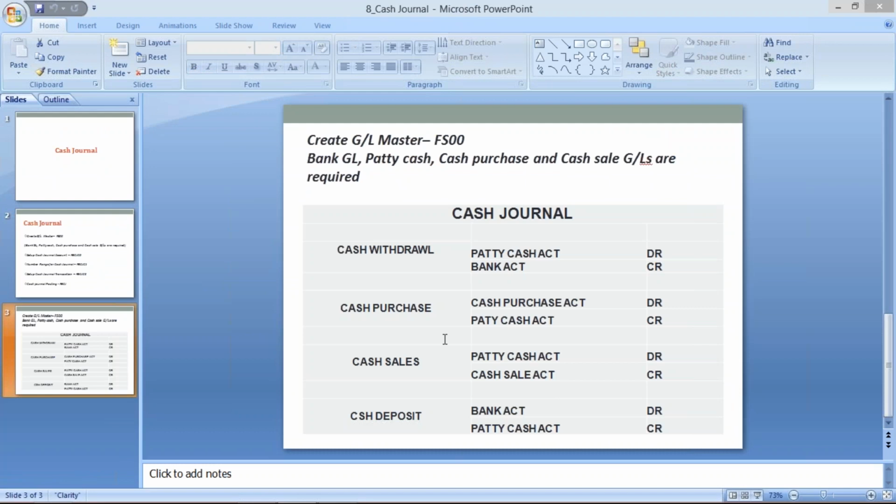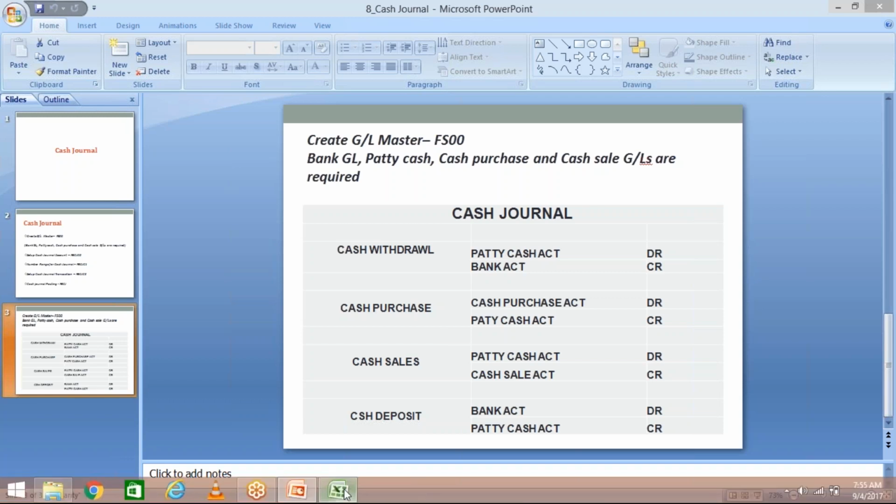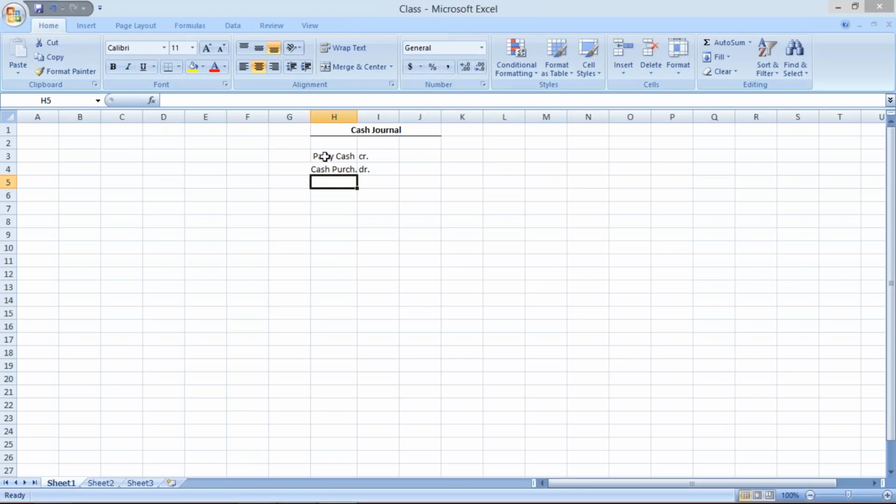First of all, we are going to create a petty cash GL, and in that GL we will maintain a certain amount. Let me tell you the procedure. For every organization there will be an accountant, or a cashier we can say.